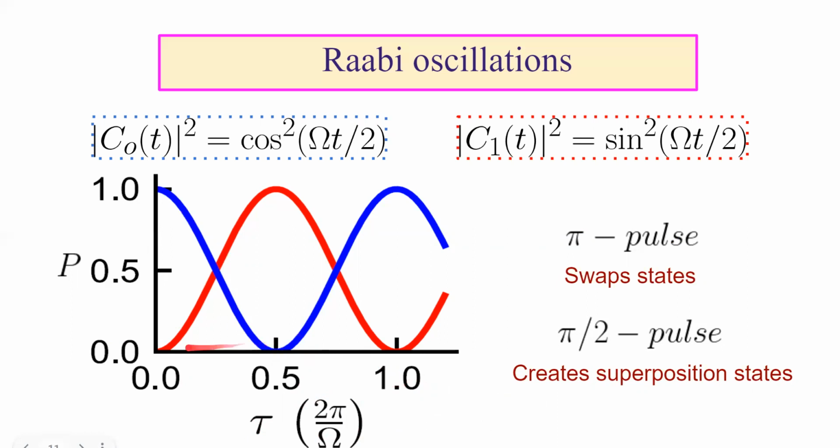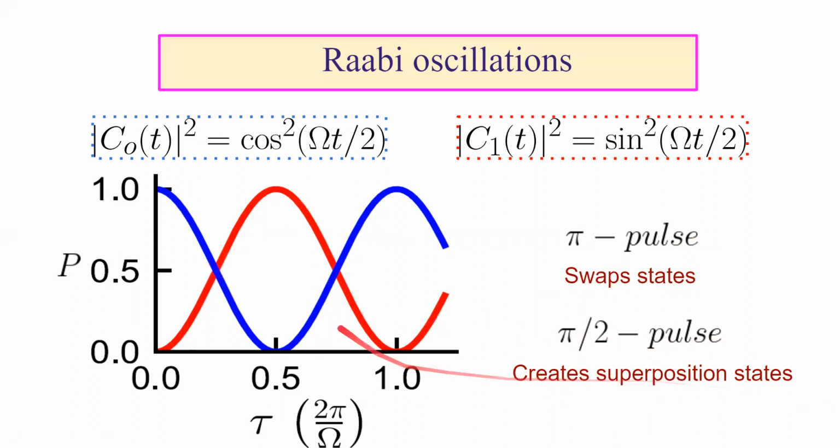then once we apply a pulse of this width, the probability of occupancy, which was 1 at the initial point, drops down to 0, and the probability of occupancy of the excited state, which was 0, increases to 1. So we are swapping the population of the states, and such a pulse is called a pi pulse. Similarly, if we apply a pi by 2 pulse, that would be here,